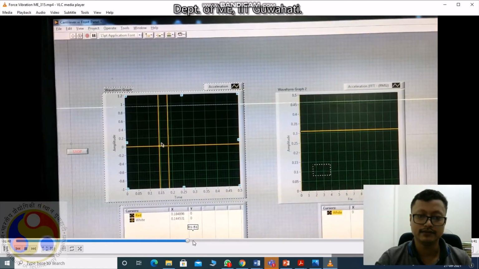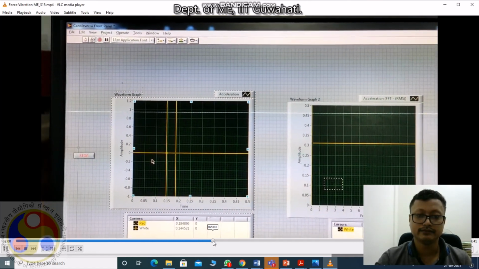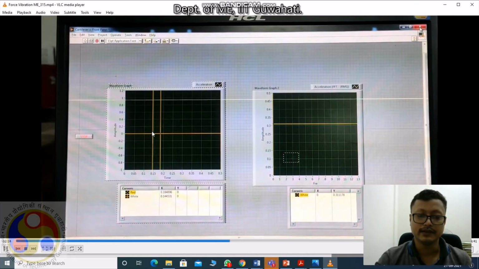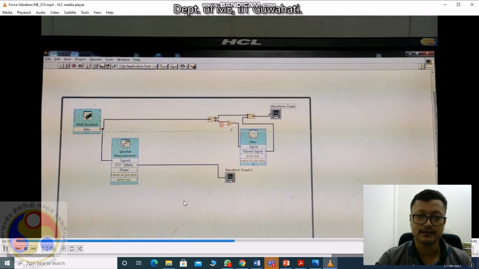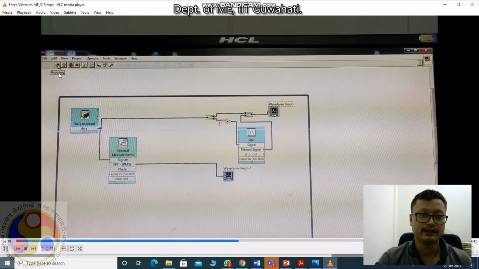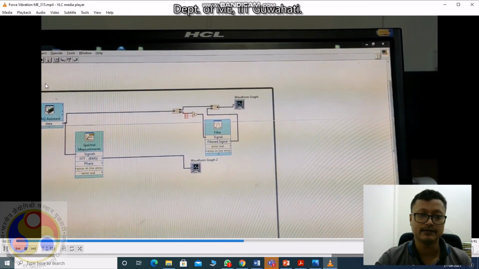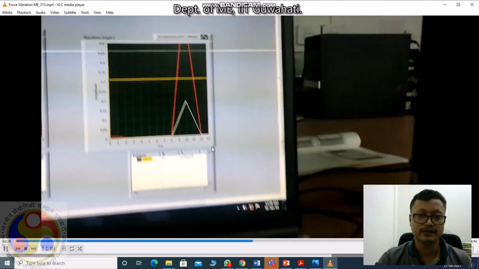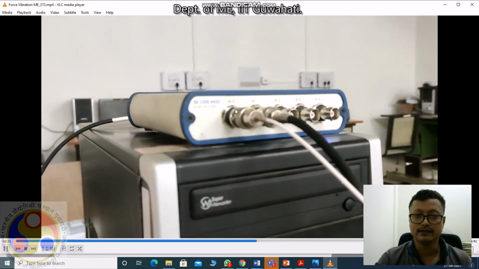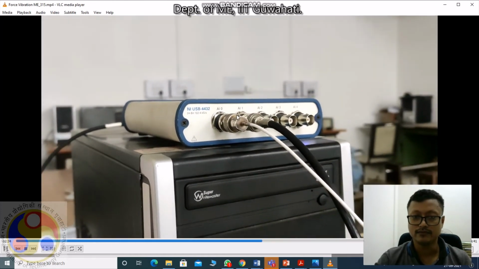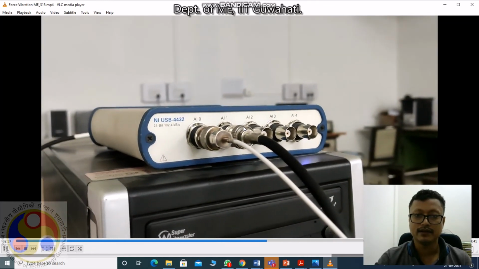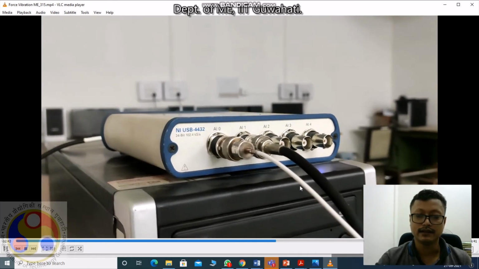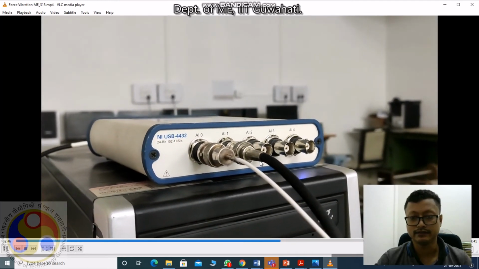I already showed you this. Two graphs are here, one for acceleration, for measuring the phase difference, the lag. To run that, this executable and this whole file is put in a while loop. If you see, these are the two graphs. This is the NI DAQ which is connected. Two wires are there: one is for the accelerometer, and one is I14, which is connected to our signal generator. So we are getting two graphs there.